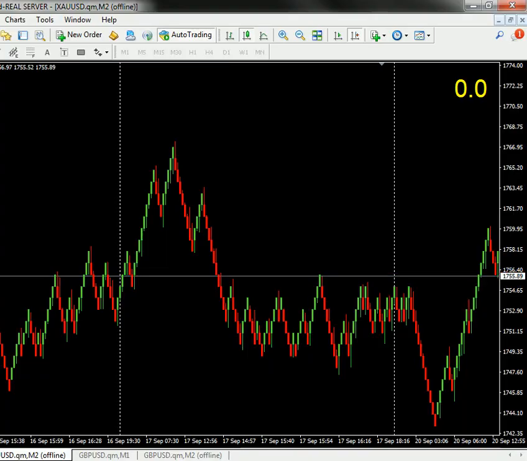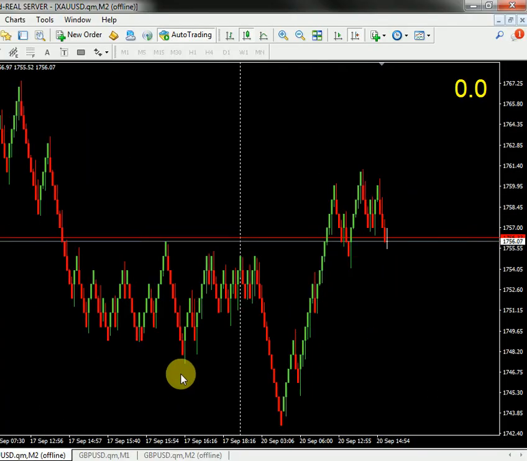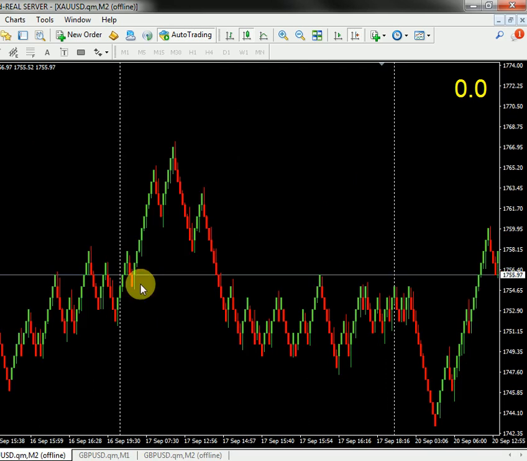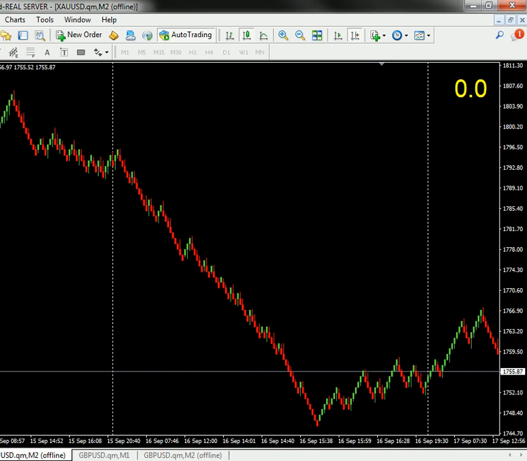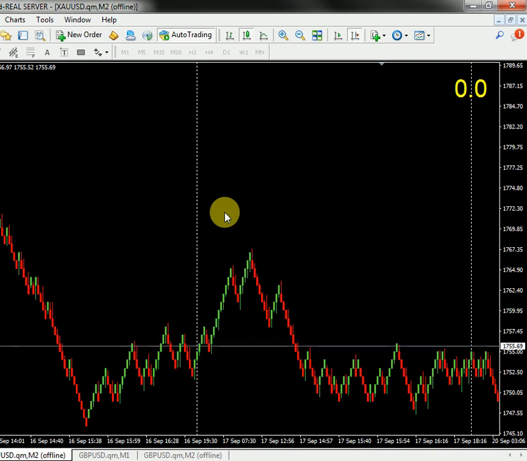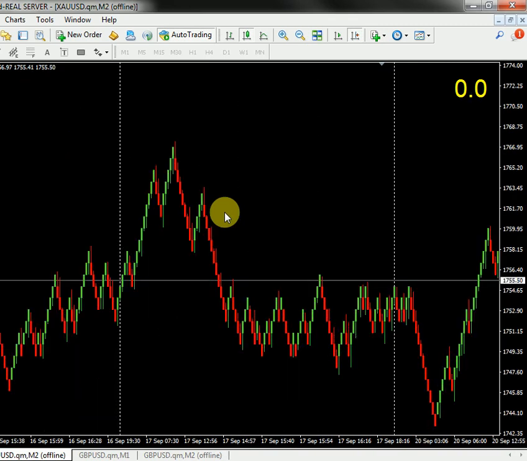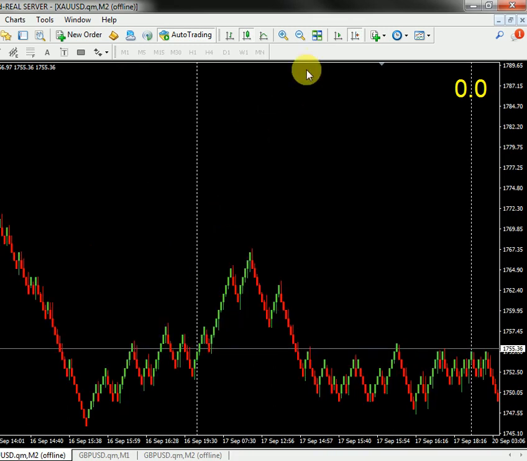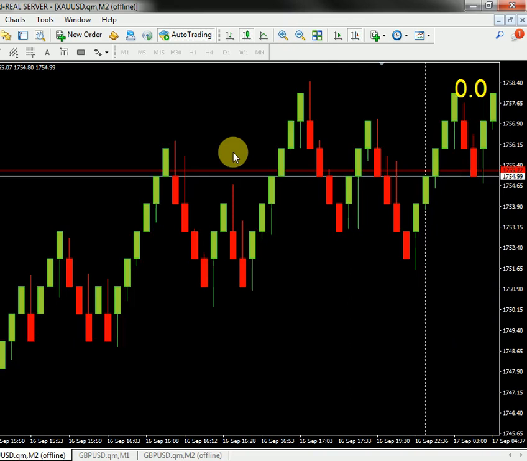Okay, now we're going to gold. This is a gold Renko chart, Renko box size 10. I want to show you a simple example. Hopefully you can see. Okay, so here